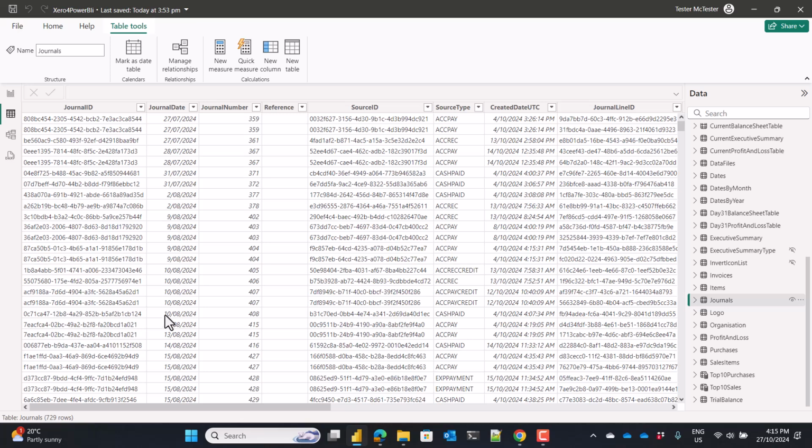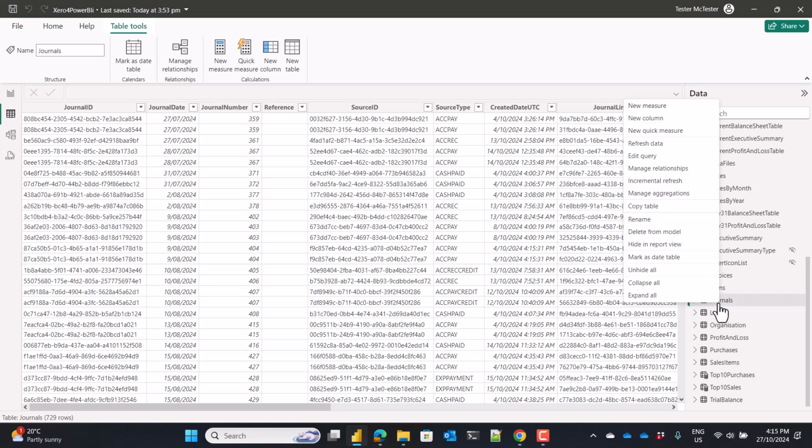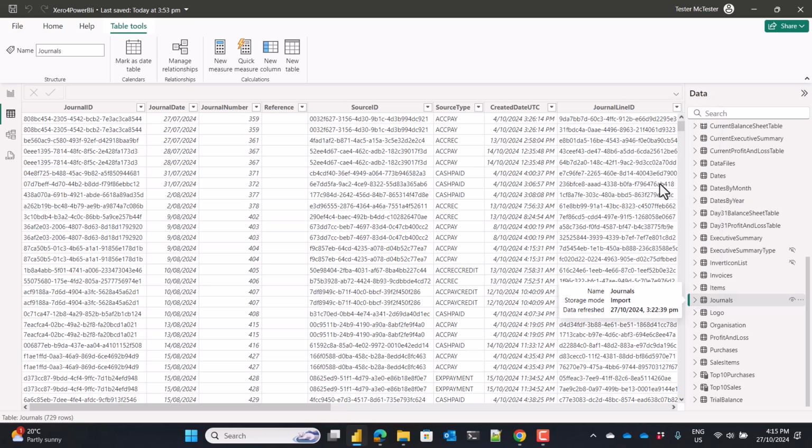Now, the answer to this is that we don't want to get them all. We want to do an incremental refresh, and that's achieved by setting some parameters